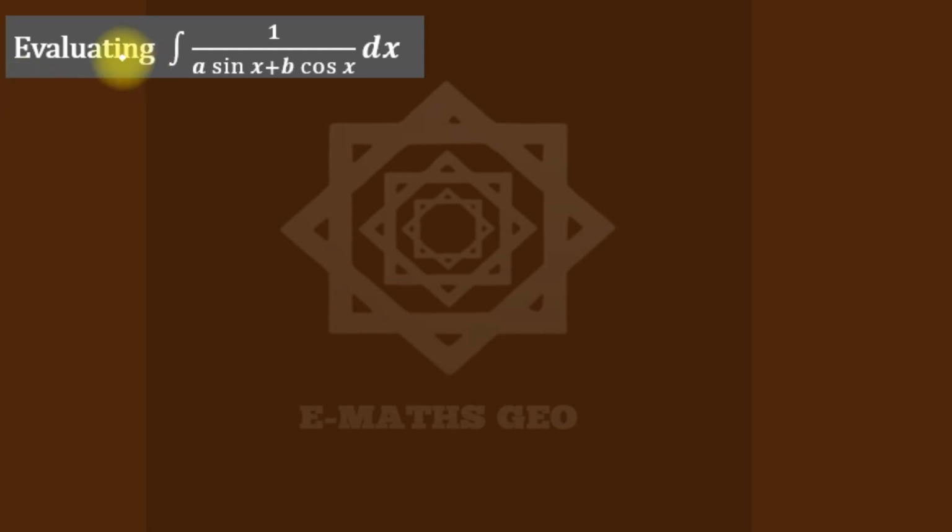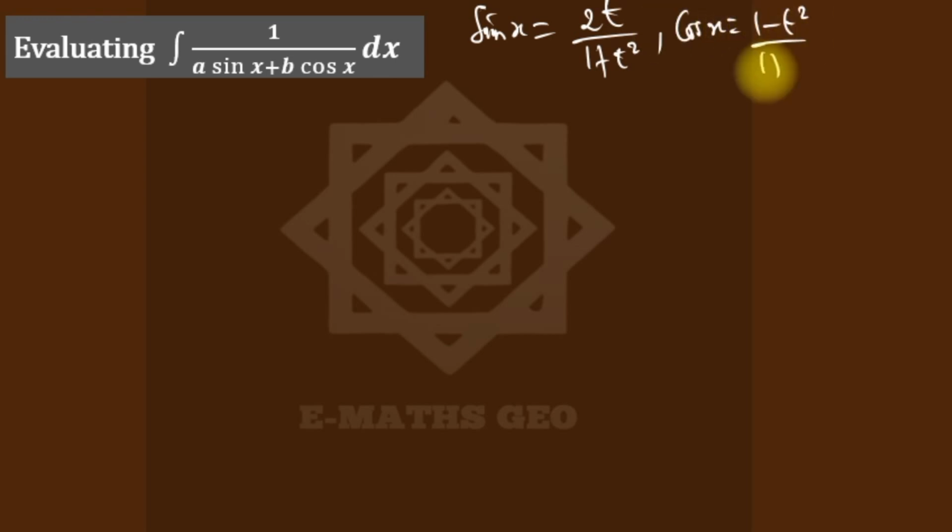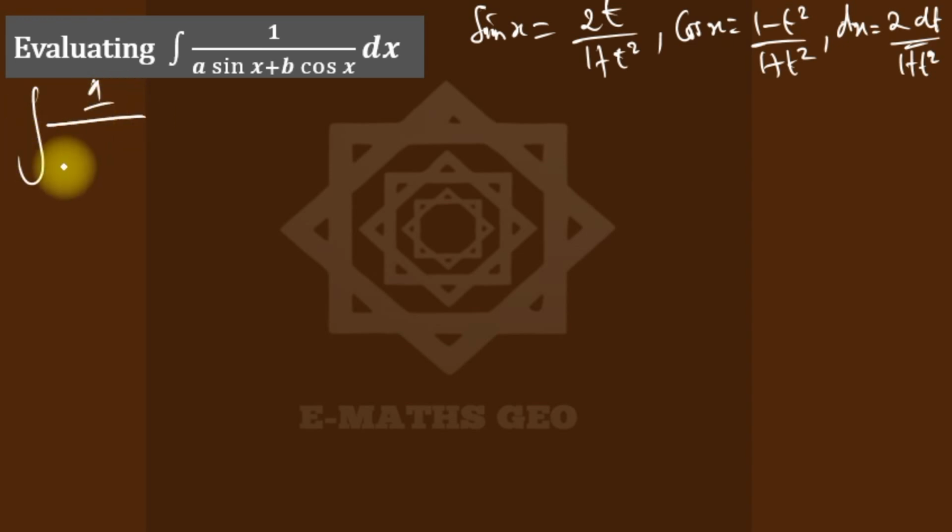Weierstrass says that we should substitute sin x as 2t over 1 plus t squared, cos x as 1 minus t squared over 1 plus t squared, and dx as 2 dt over 1 plus t squared. So let's use it here. So we have the integral, as I'm proving,